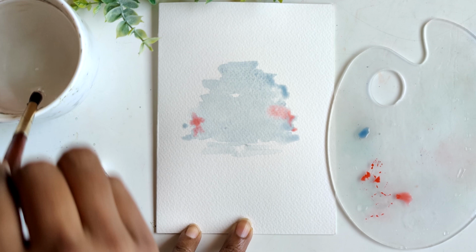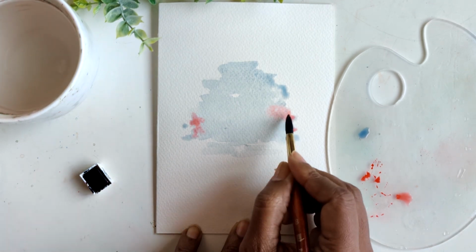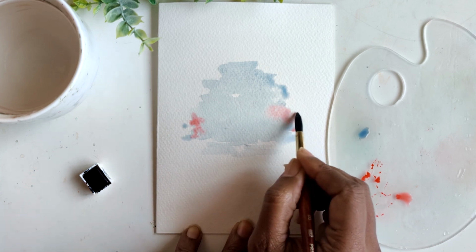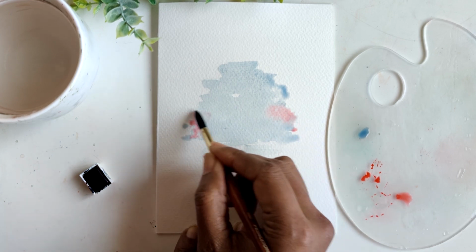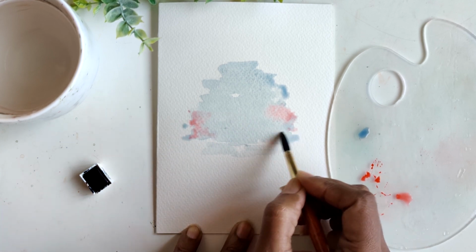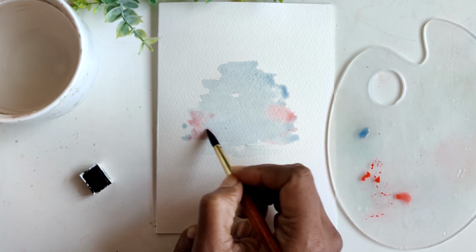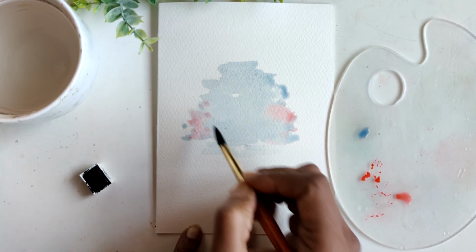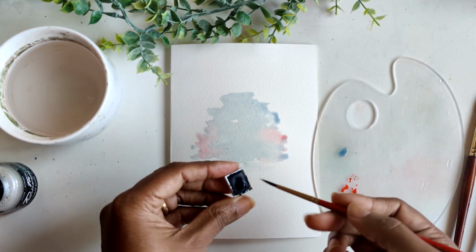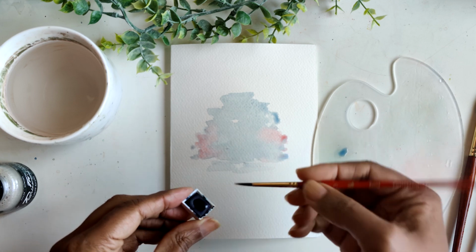off to the sides while it is still damp. And we want to see that kind of seep in. So if it's doing something like this where it's kind of just sitting there, help it along. We're not looking for copious amounts of this color in there. We just want a very subtle hint. So something like that. Now, before this dries up, we're going to get the Princeton Heritage number 3 brush and